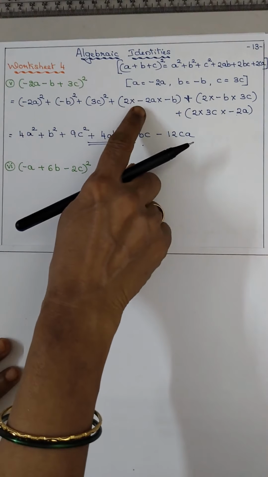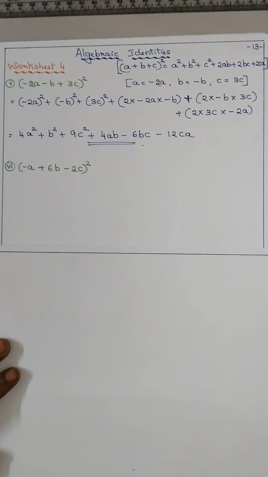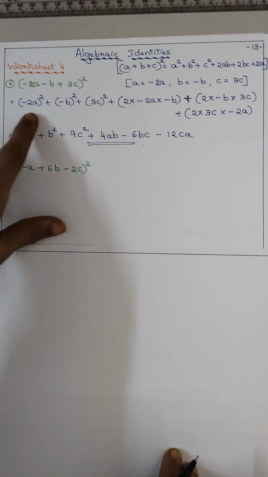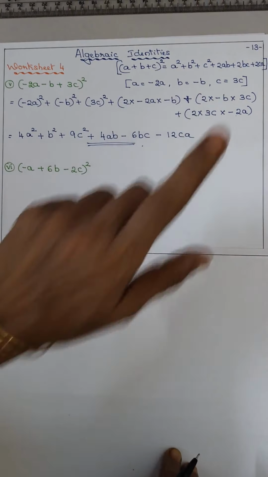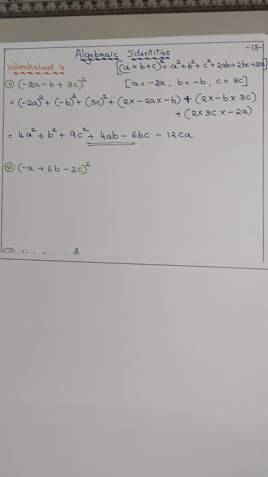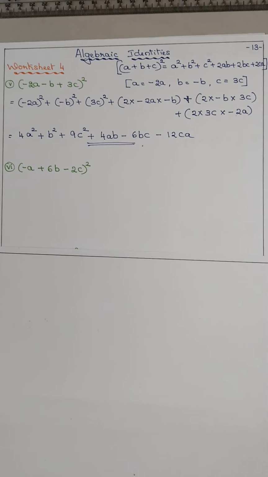इसके लिए वो ब्रैकेट्स डालना इम्पॉर्टेंट है. सो स्क्वायर्स डालने के वक्त भी ब्रैकेट डालो. 2ab, 2bc, 2ca, that has to be within the bracket. Then it is easy to identify the signs and all, isn't it?